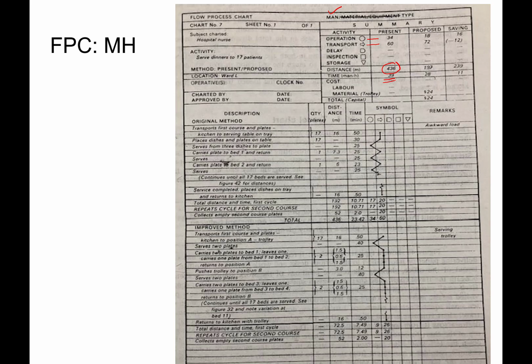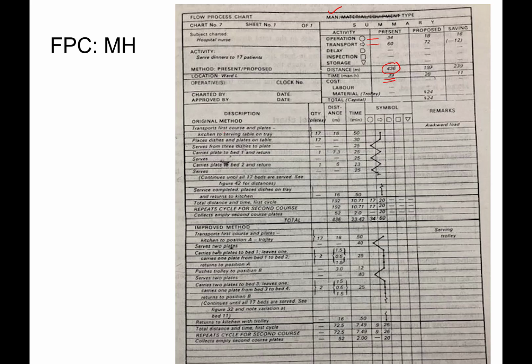What has been shown here are the details of the different steps being followed for one bed, and thereafter the same is repeated for the remaining 16 times.